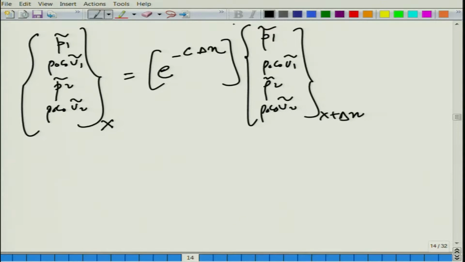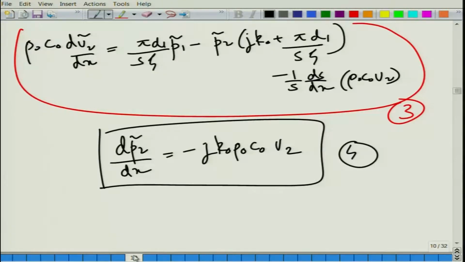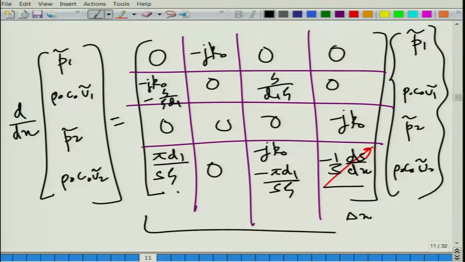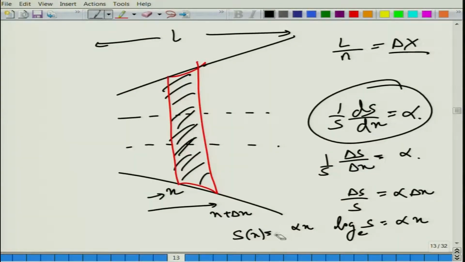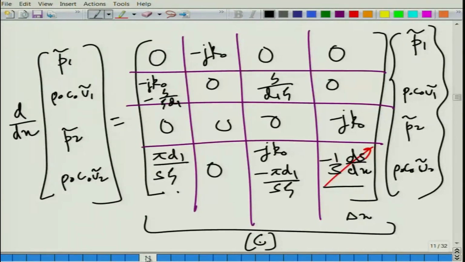So, we will soon go to the code. So, C matrix, mind you, I made a small typo here, not to make you guys confused. Let us call this as a C matrix, and this constant can be something else. You can say this as capital A into e to the power alpha x, not to have any confusion. The main idea is calling this entire matrix as C matrix. C of course is a function of x, as you can very well see, because S is a function of x, especially when you have inner pipe also with a variable area, then you can have terms like this one here, everything will be a function of x.